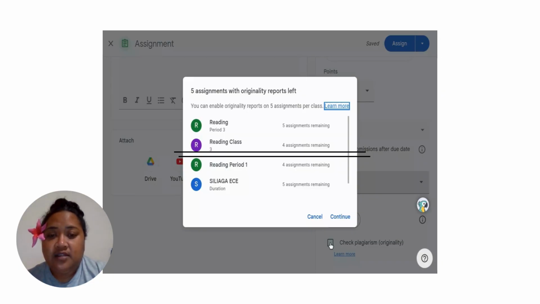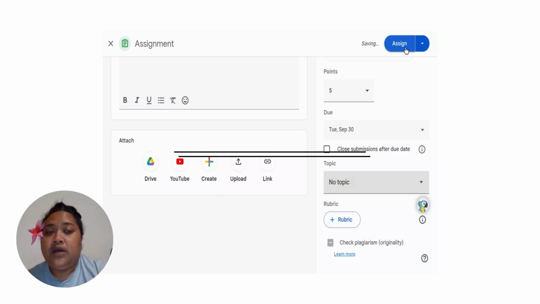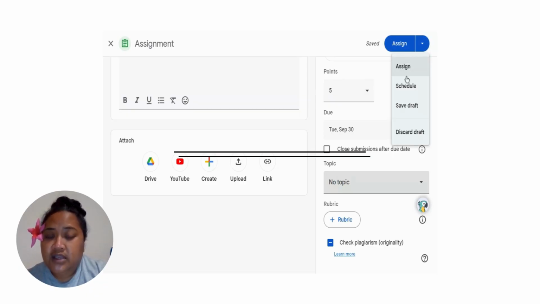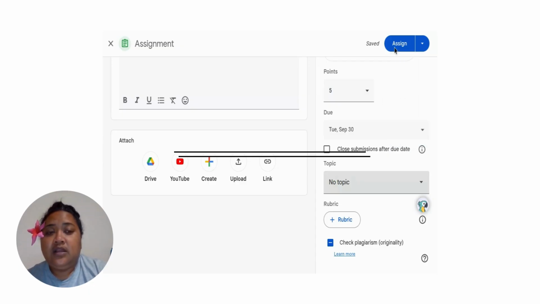So let's click that there. And then it gives you the options of canceling or continue. Let's click continue. Now up here in this top left corner, it says assign. Now also it gives you the option of assigning, scheduling the assignment, save the draft or not, or just discard the whole assignment. There, so when you click assign,